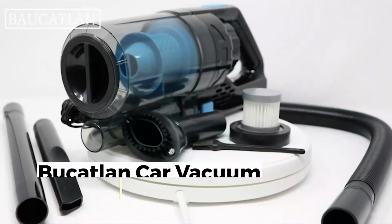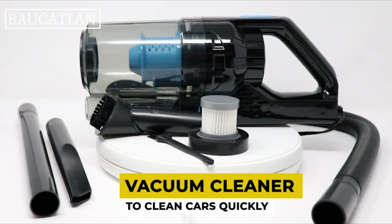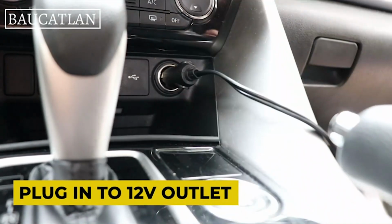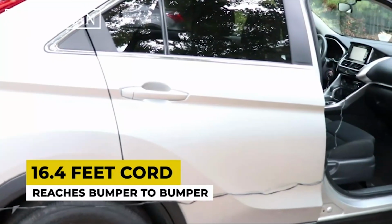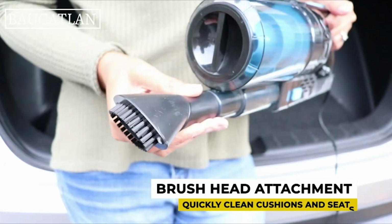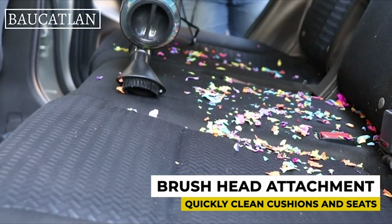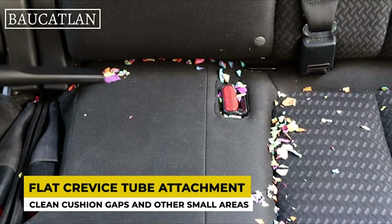High power and powerful suction. No longer spend your effort and money on picking up stubborn dirt or debris in your car. Butcalan Portable Car Vacuum Cleaner is equipped with a 150W motor. The strong motor can provide up to 7,500 Pa powerful suction. Therefore, you can easily clean up a range of food residue, liquids, pet hair, debris in the tiniest corners of